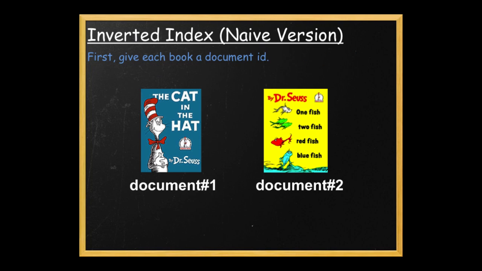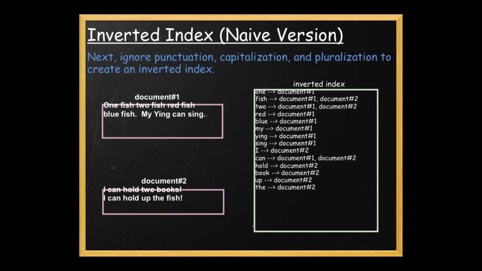Okay, so the first thing we want to do is give each book a document ID. Because we're computer people and we don't deal with titles, we're just going to give it a number. So it's 1 and 2. The next thing we're going to do is avoid a lot of complexity here and just say we're going to ignore all the punctuation, capitalization, and pluralization, which by themselves are chapters and books and lots of technologies around how you do that. We're going to skip over how all that's done for this explanation, and we're going to create an inverted index,